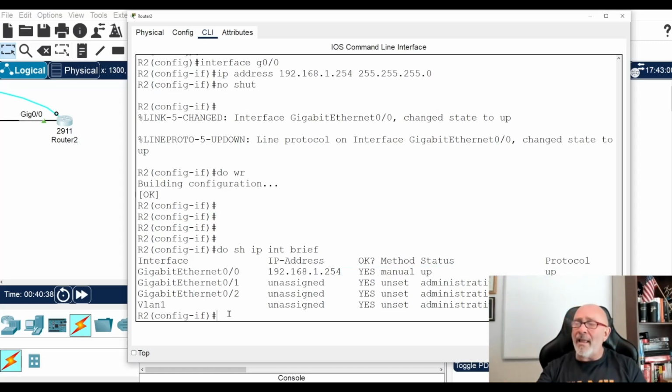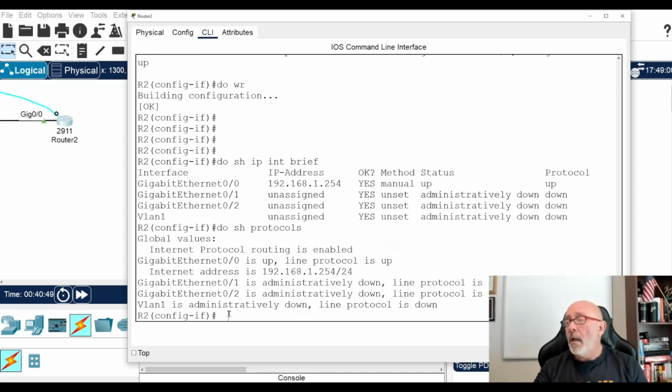Okay. And then now there's another command that's similar to this. It's like its sister, which is called protocols. Show protocols. So you do show protocols, and it'll give you the same information that this is giving you in a different format. But what I'm looking for is that I put the right mask. So it's going to give you the mask as well. All right, cool. And you see the light turn green.